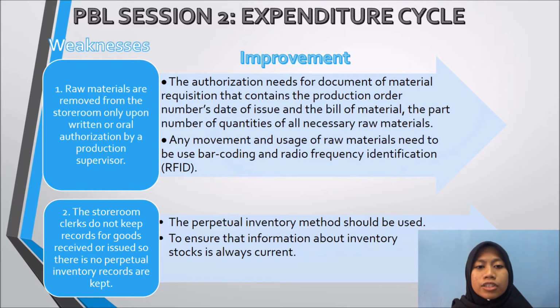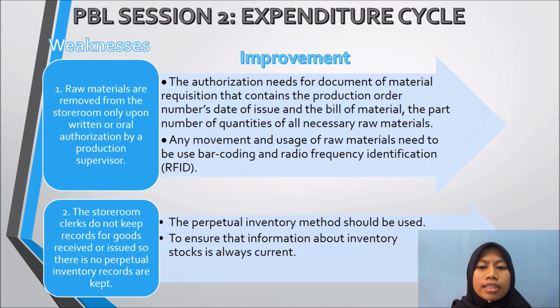Any subsequent transfer of raw material throughout the factory is documented on move tickets, which identify the parts being transferred, the location to which they are transferred, and time of transfer. Any movement and usage of raw materials need to use barcoding and radio frequency identification (RFID) to tag the products to facilitate the counting of the goods, which provide an opportunity to improve the efficiency and accuracy of these